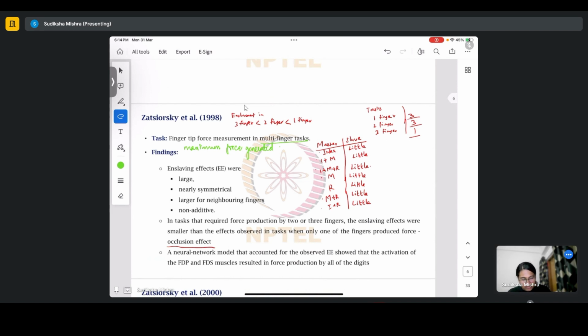The major findings were from a previous paper in 98